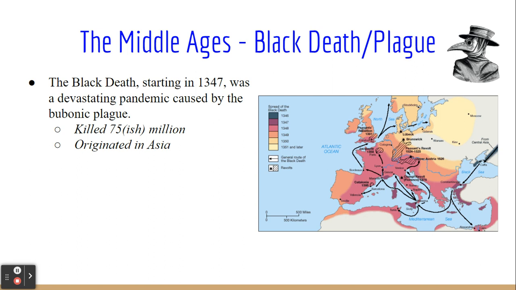But the Black Death certainly takes the cake against something like COVID-19. It originated around 1347. It started in Asia and actually made its way to Europe via ships. A lot of times associated with rats, it was probably actually the fleas around the rats that gave the Black Plague, and then it would pass on to humans. And in short, it was horrible. It killed 75-ish million people.